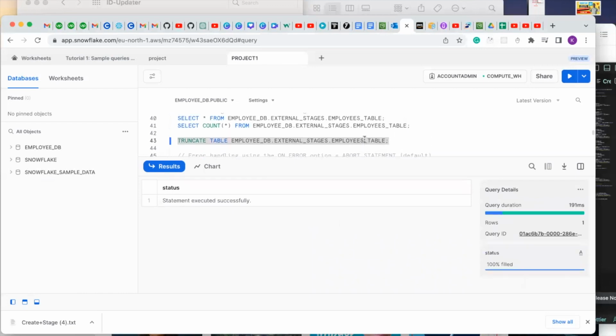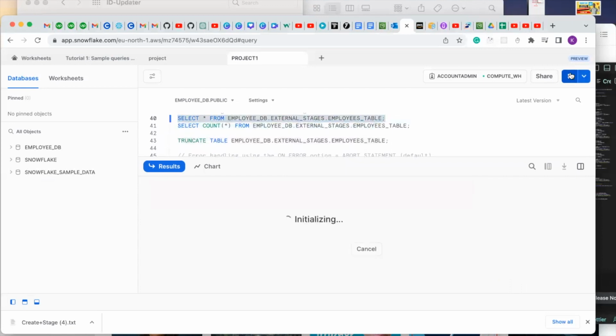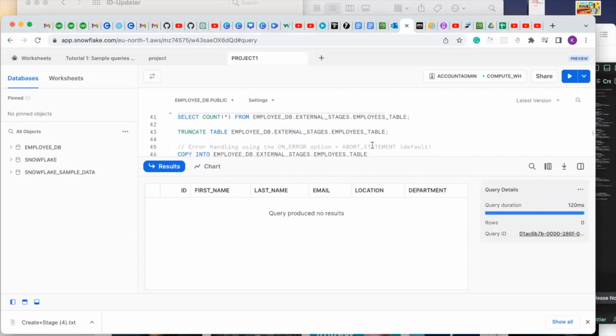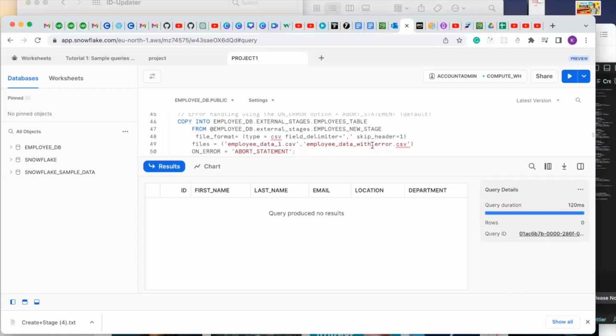So let me run the table. You will see that the table is empty at the moment. You can see that the table is now empty. So now let's try to copy